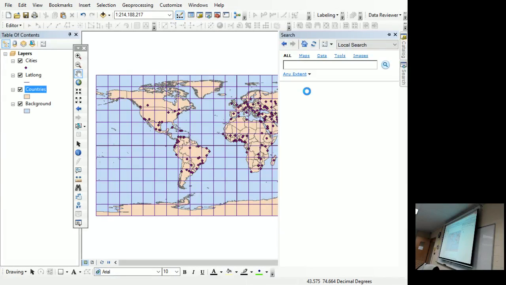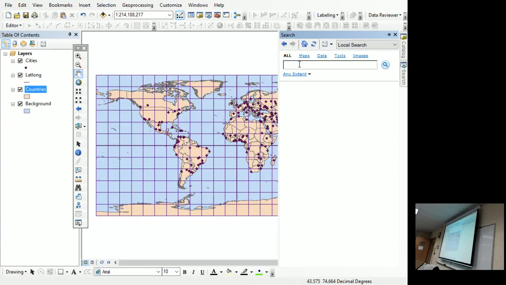And this is actually a good lesson for you to learn. When you get the rotating circle, you can't do anything. That's bad. You can either wait until the rotating circle stops, or if you have no patience like I do, you just X and close ArcMap and start all over from the beginning. And you'll do this a lot of times. All right, so luckily mine stopped.